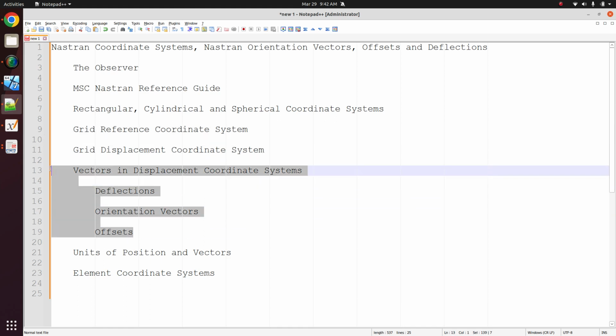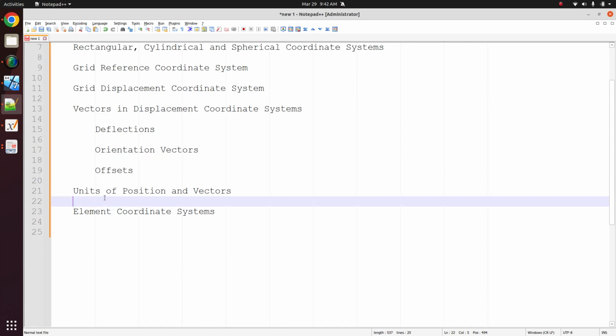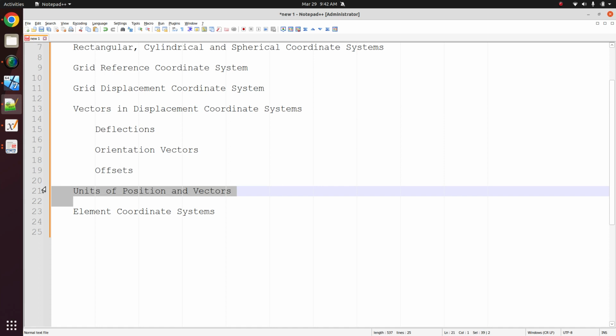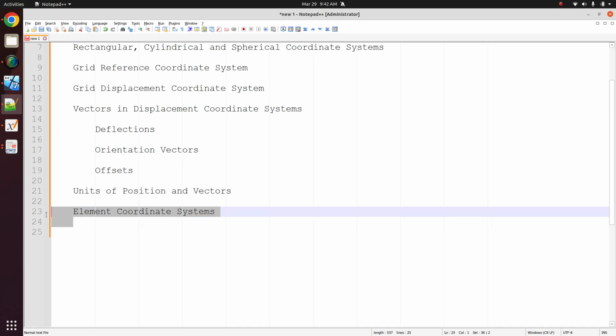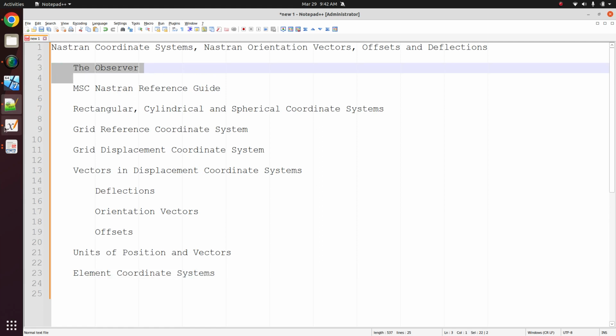And then this is where we are going to have a discussion on vectors and displacement coordinate systems. So we're going to be talking about deflections, orientation vectors, offsets. After that, I'll talk about units in some of these coordinate systems, and then some final comments on element coordinate systems. So to start off with the observer,